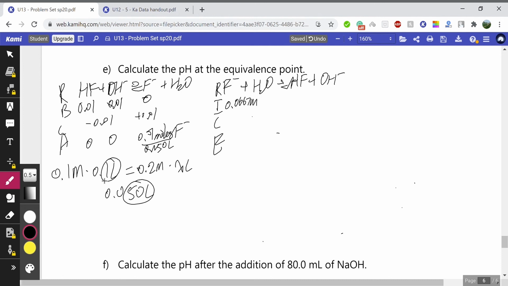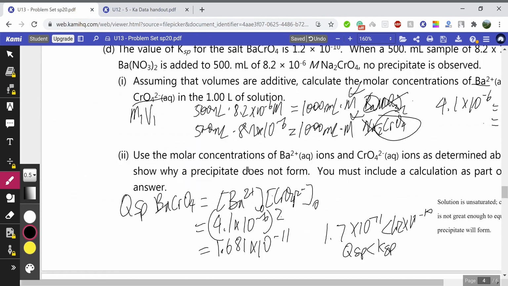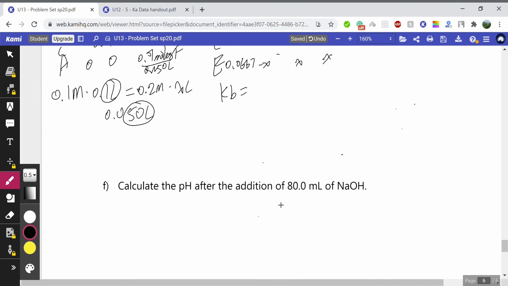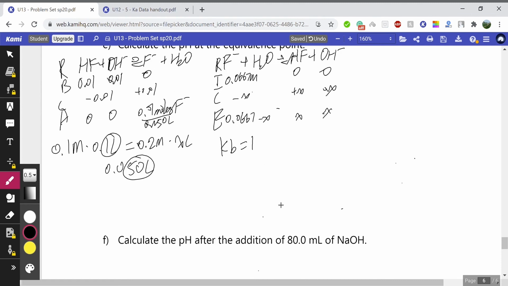0.0667 molar. It'll be 0 minus x, plus x, plus x, so 0.0667 minus x, x, x. Since we're producing OH minus this time, we're going to be using Kb. Kb is equal to 1.0 times 10 to the negative 14th divided by our Ka, which is 7.2 times 10 to the negative 4th. This will be 1.39 times 10 to the negative 11th, which is equal to x squared divided by